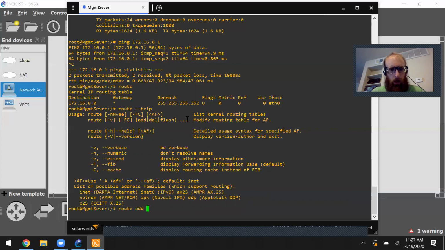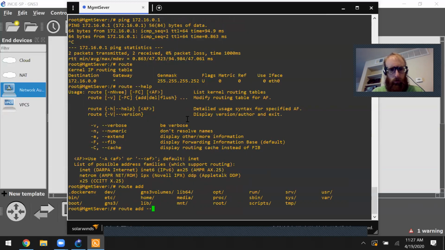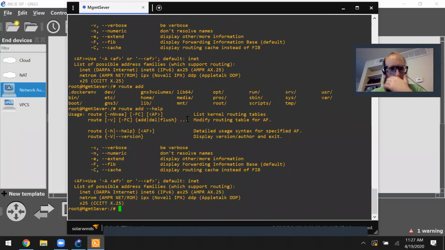So route add. And that's all the help we get. Oh, it looks like we do help. So modify routing table for address family. So route fc add inet